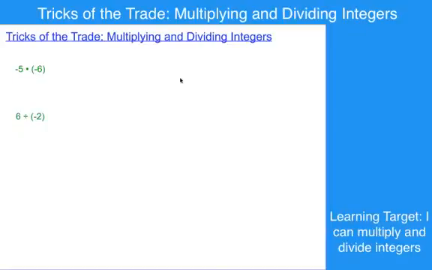Okay, folks. Same thing as with addition and subtraction. We're going to look at some tricks of the trade, and this is so simple I debated even making a video for it, but I do want you to put this at the top of your multiplying and dividing integers notes. If you recall from the previous video,